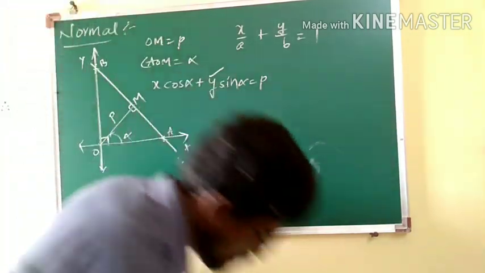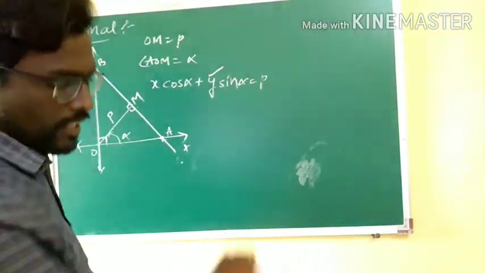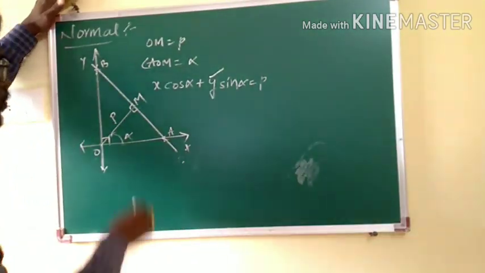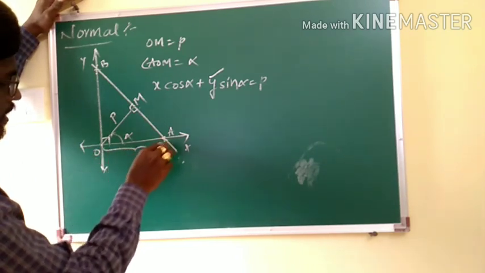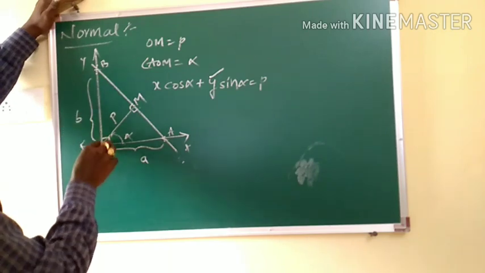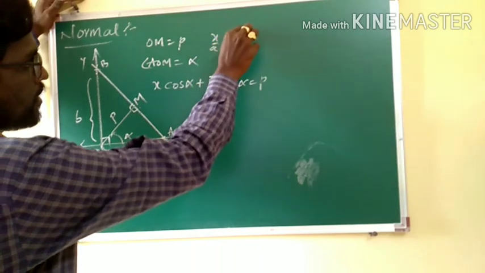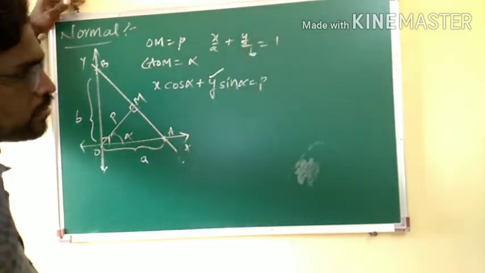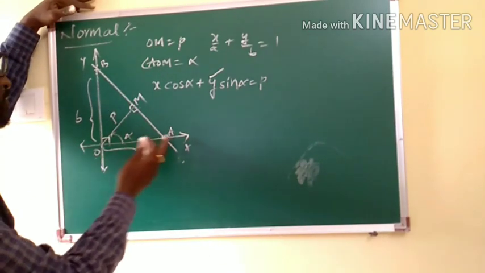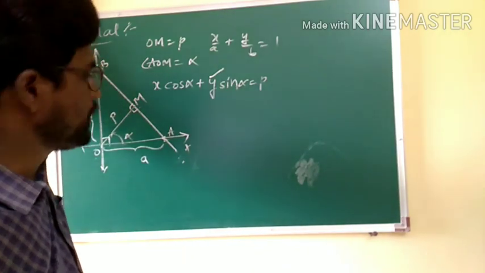Let's see the derivation for this particular theorem. While deriving this theorem, we will use the intercept form also, because as I said, in the intercept form, if we are aware of the length A, that is x intercept, and the length B, that is y intercept, we can use the formula x by A plus y by B is equal to 1. That's the reason my target will be on tracing out OA and OB in order to prove the result x cos alpha plus y sin alpha is equal to P.